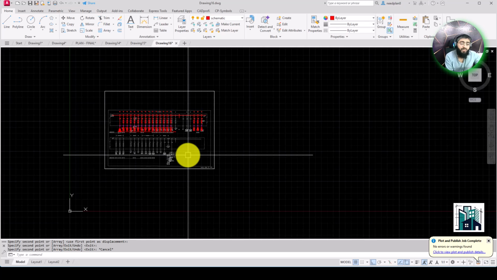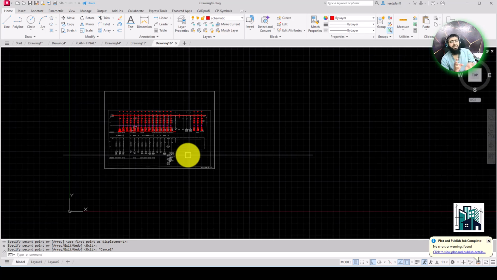So in this way you can make every object, every text, or every block you can create, and you can change the color. You just have to use a few commands like circle, rectangle, line, polyline, and arc if you want to use it.